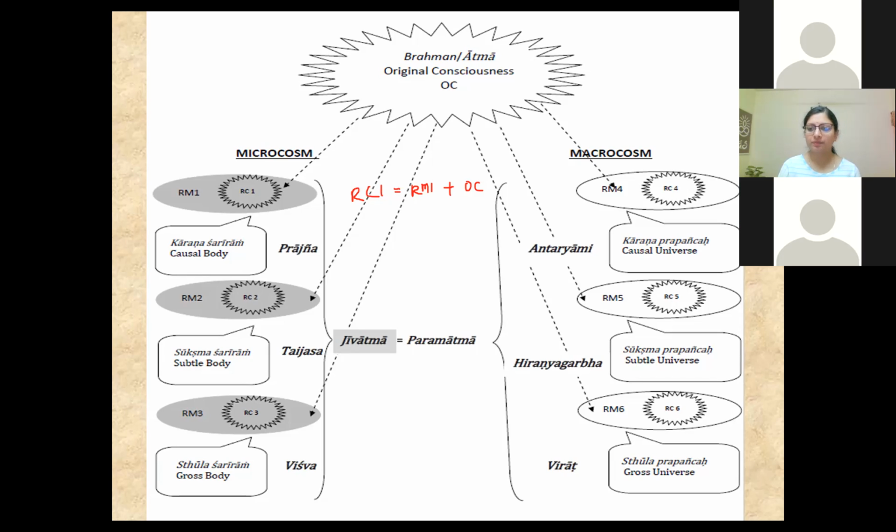Yeah, that's what my question was actually. When everything is different RM, how can we put together as macrocosm? Because if we take other beings like plants and animals, they have a different sthula, sukshma, but how can we put them together? This is just for understanding, right? Because a dog will have a different sukshma sharira, a bat will have a different sukshma sharira because their abilities are different. So individually they're different.